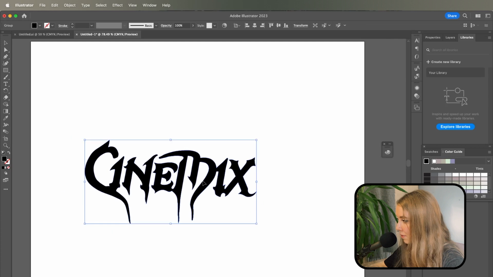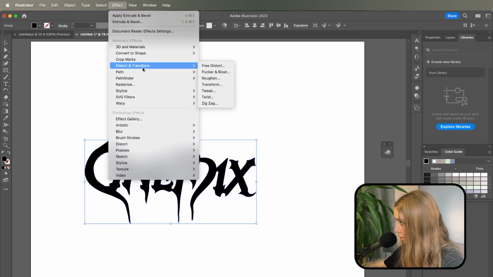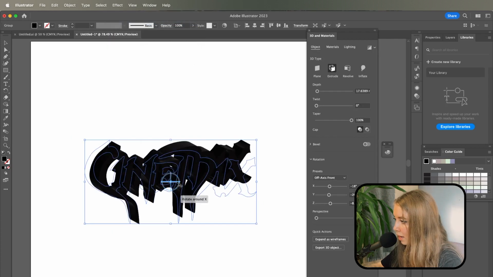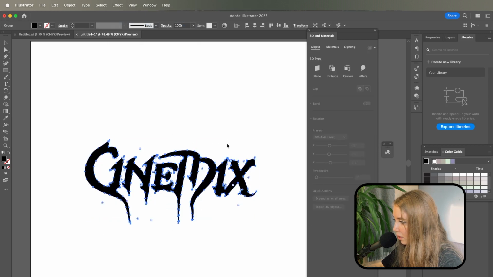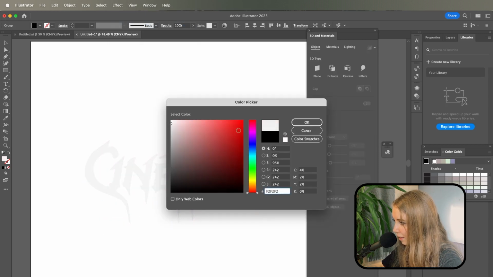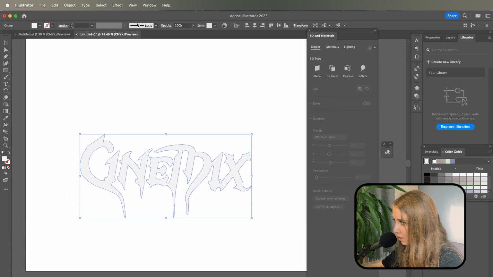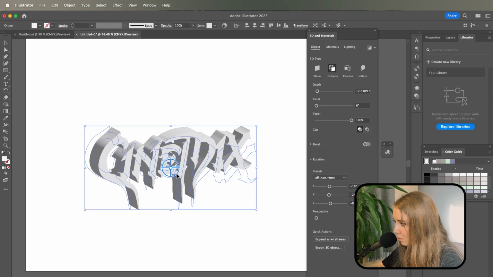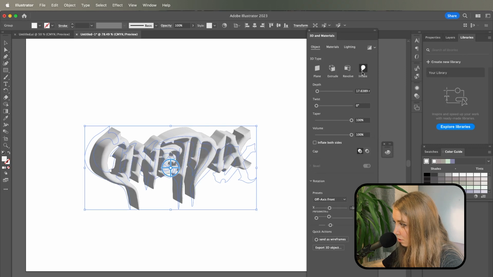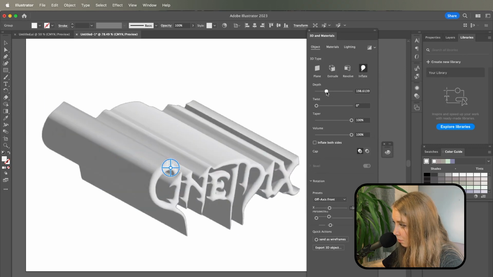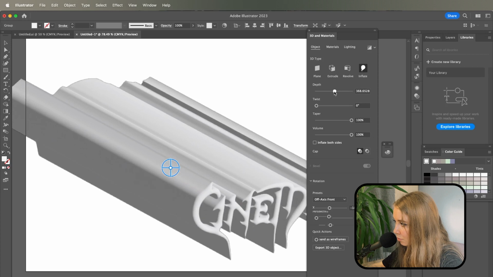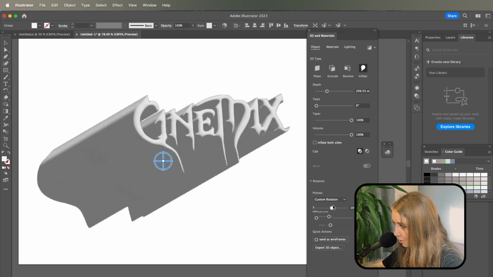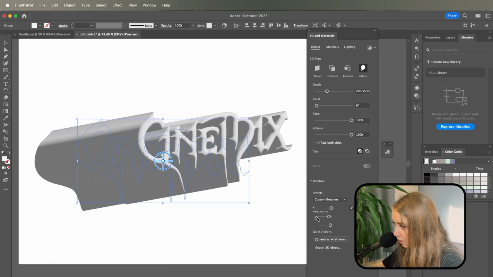Now it's definitely a vector element. So now we can go to effect, extrude and bevel. Oh yeah, and something is happening. I think I need to make it white or light gray, because I can't really see all these 3D shapes when it's black. Yeah, it's much better this way. Already not bad, to be honest, but I'd like to make it a bit more soft, so I'm going to choose inflate. Yeah, now we can choose the depth. I really like this kind of high depth. Also, when we change the angle, it can look really cool. When you go a little bit extra, it looks nice.